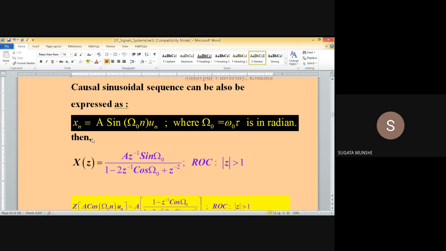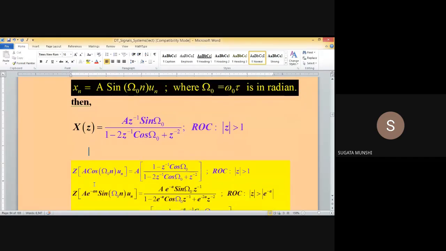whose amplitude is exponentially decaying or exponentially rising, can you do that? The task is very simple. You split up the cosine or sine function in terms of complex exponentials, combine them with e to the power minus an or whatever it may be, and then proceed. So this is left as an assignment, as a task for you, that you obtain the expressions for the Z transforms of